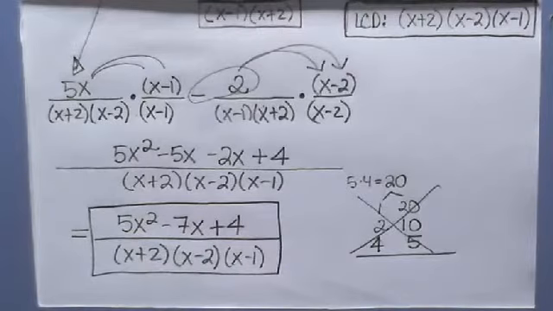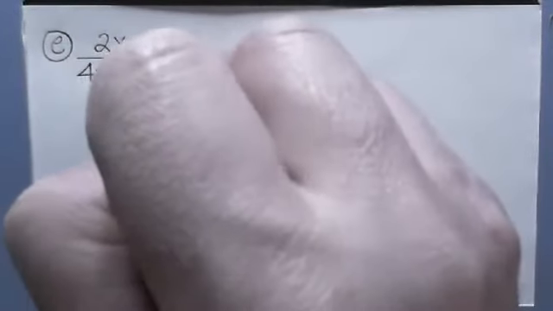Alright, so now we're ready to go on to the next example, which is letter E. Just give me a second here to bring out the paper. Alright, here we go. So we're going to do letter E. And letter E is going to be 2x minus 1 over 4x squared minus 20x plus 25